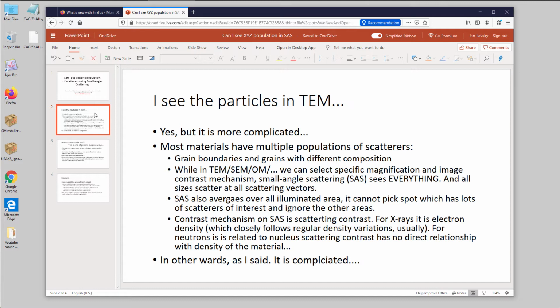And all the scatter sizes scatter at all scattering vectors. So you cannot simply say, I am going to scatter at high Q, so I won't see the large particles, the small Q stuff, because you will see it. It has a power law slope. It has a terminal power law slope. You will see it. So small angle scattering has a challenge in the fact that it averages over everything,